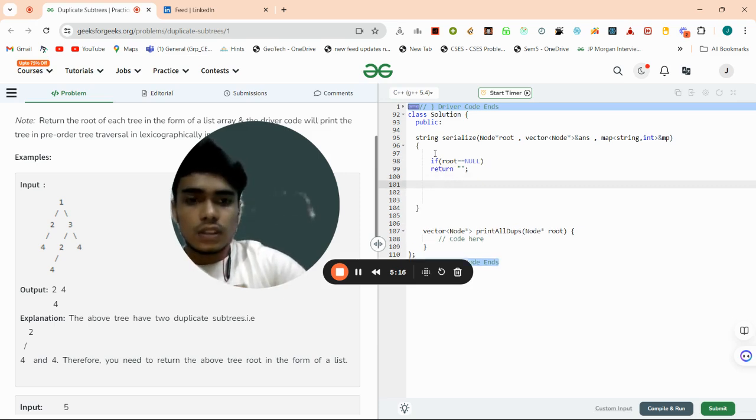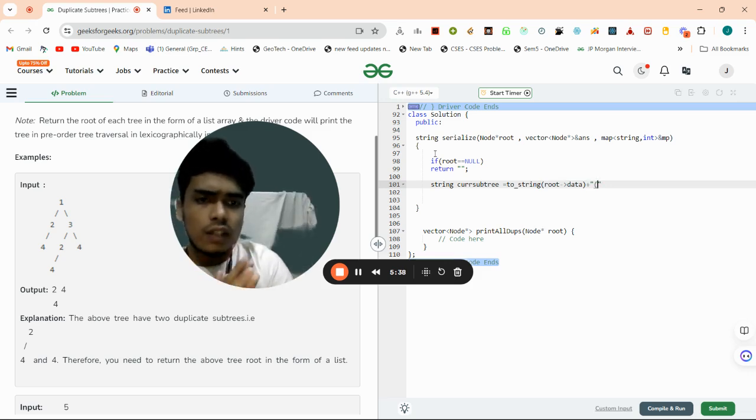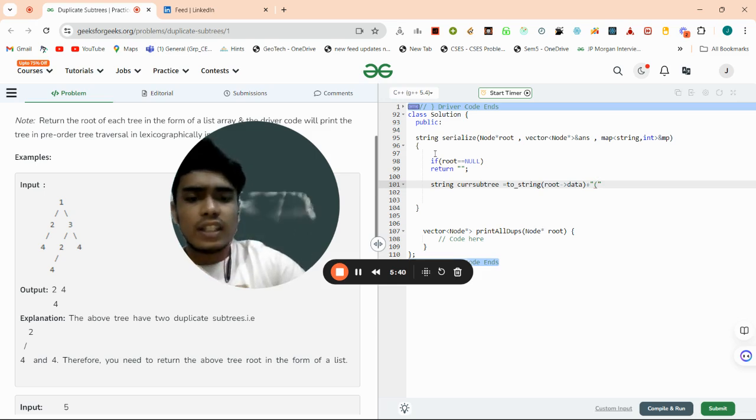Now, string current subtree should be... how can we represent to string the root value, I mean the root data? Suppose I am separating the left child and right child with a bracket, or any character of your choice except numbers, otherwise numbers would overlap. For example, comma, okay, let it be bracket, plus serialize